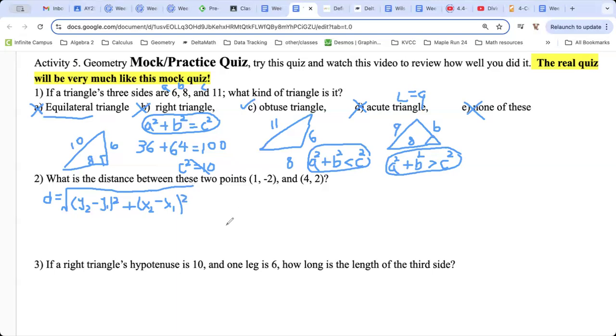Now, you have to put the correct values in the right spot. So here, this is the first x value we come across from the first point. This is the first y value on the first point. Here's the second x value. So just label them, okay? And that will reduce the chance of you making a mistake. So next, once you figure that out, just plug in the